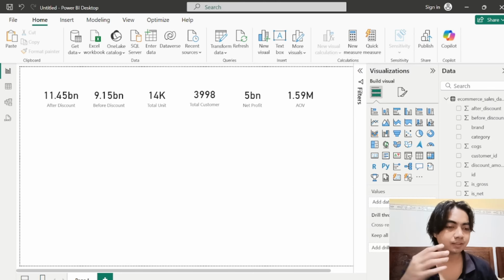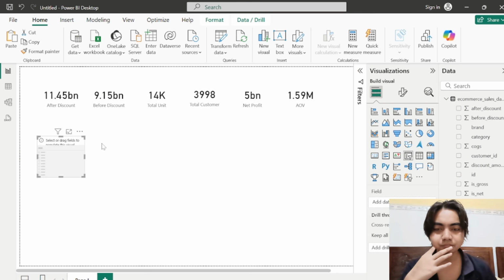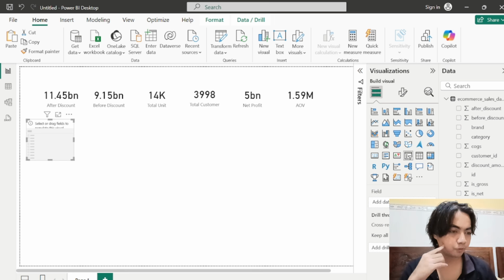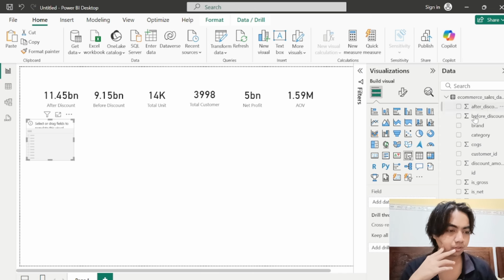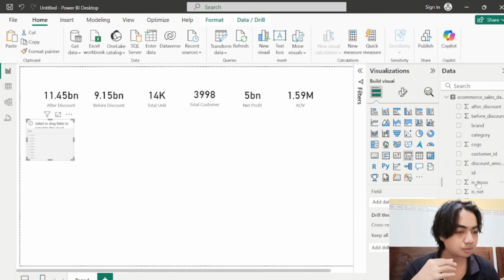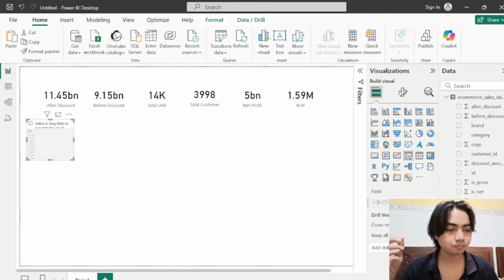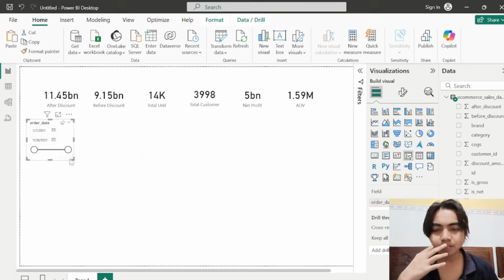Now let's get a slicer. I want to have a slicer, and in this slicer I want to put the, where is it, the date, the order date. Let's put it inside of the slicer,